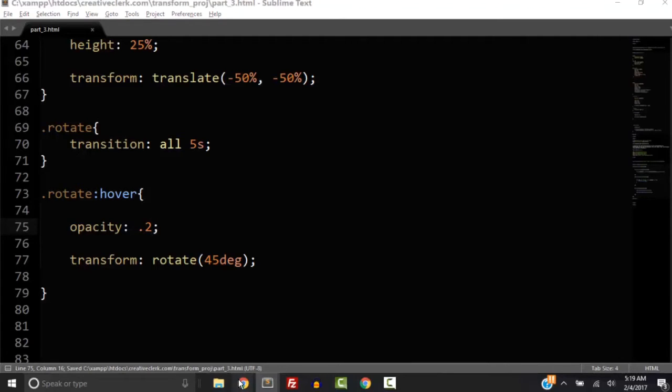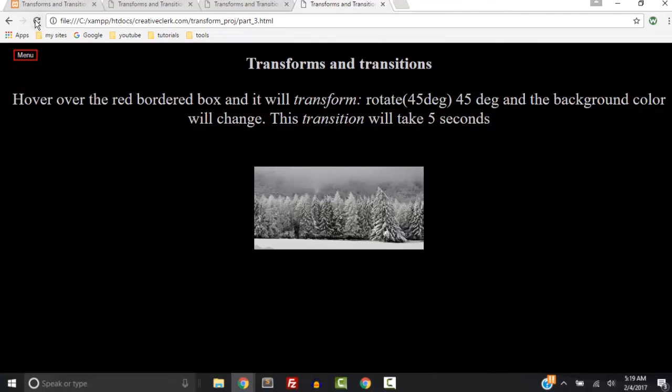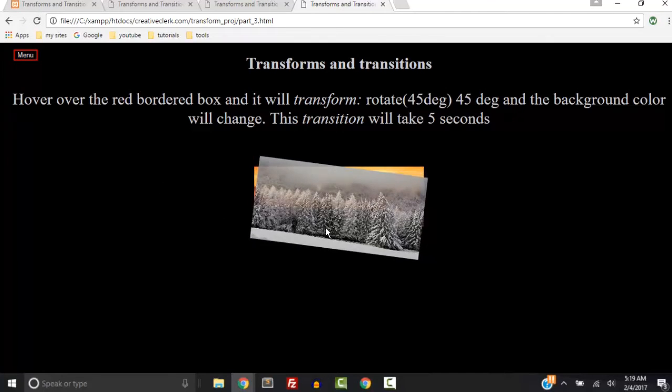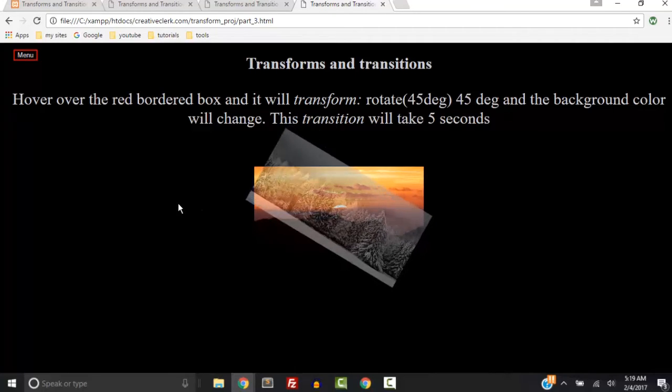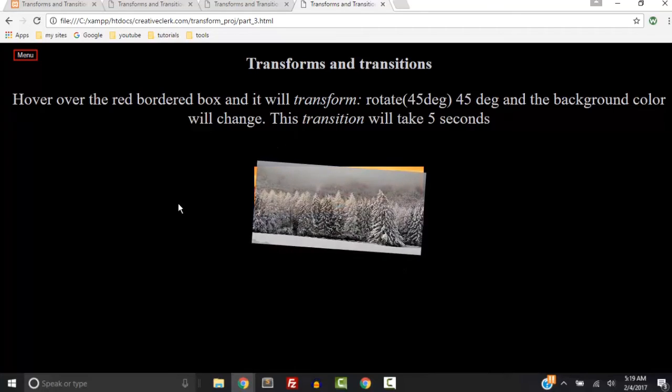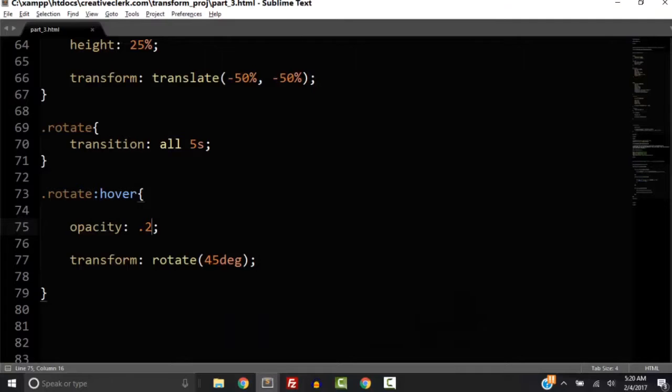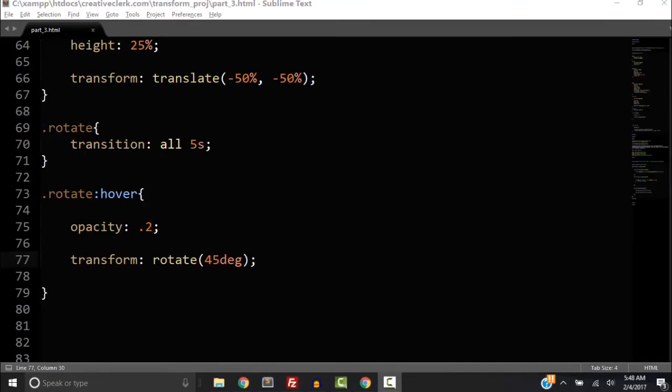Now let's see what happens. When I hover over it, not only does it rotate, but it fades out down to a 0.2. I hover off and it comes back in slowly, at the same speed as our transitions, right? Now we can rotate this, or we could translate it